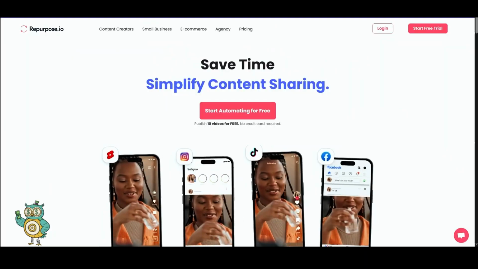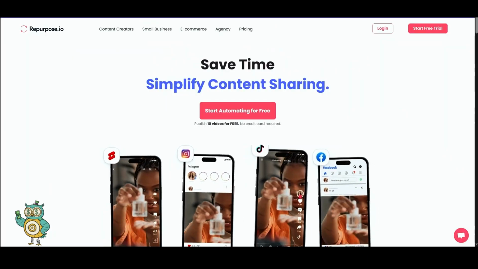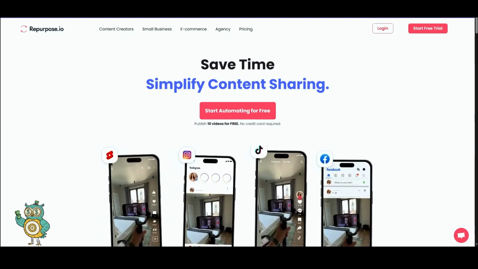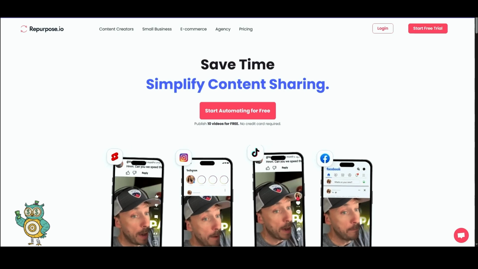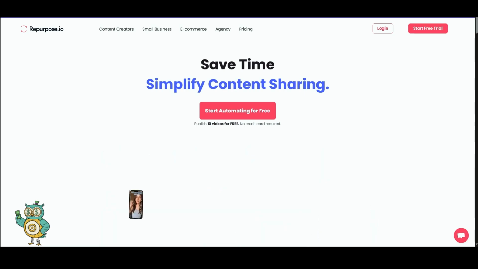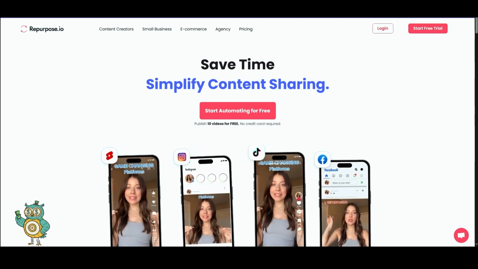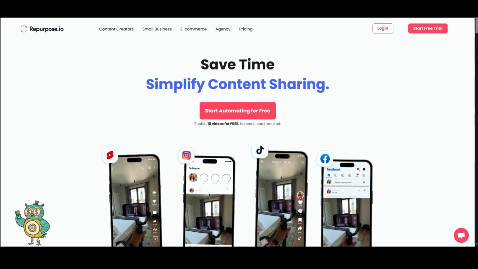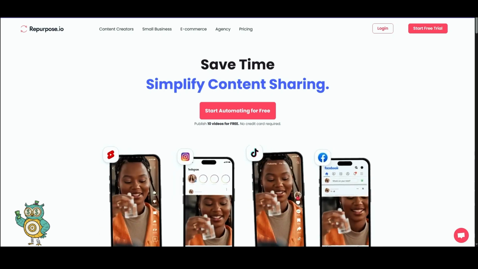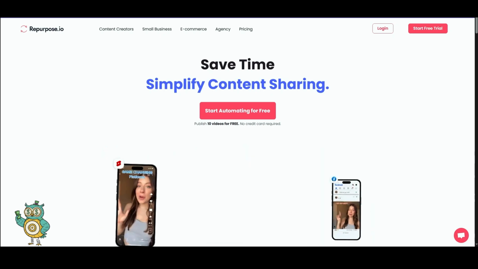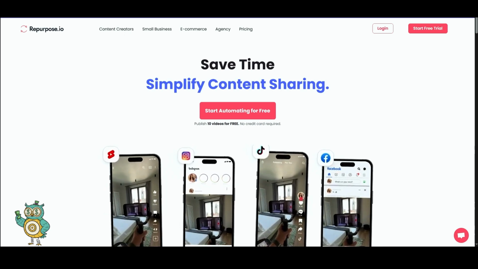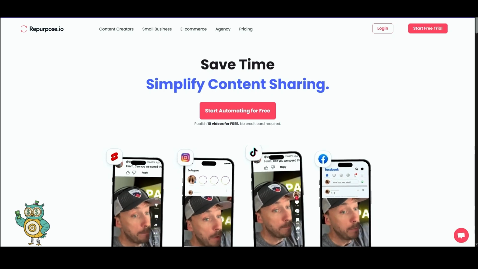You're tired of manually uploading the same content to every social platform. If you're making videos, hosting a podcast, running client accounts, or just trying to stay consistent across TikTok, YouTube, Instagram, and more platforms, there's actually a way to automate all of it after you hit one publish button. So today I'm going to show you how to use Repurpose.io. It's the best automation tool out there to instantly repost content across TikTok, Instagram Reels, YouTube Shorts, Facebook, Twitter, LinkedIn,